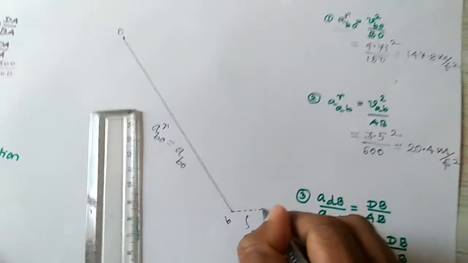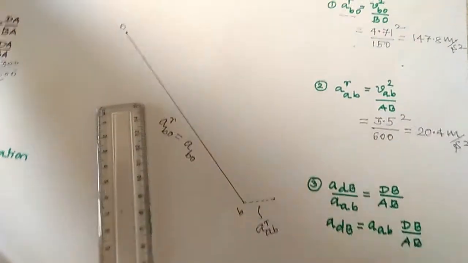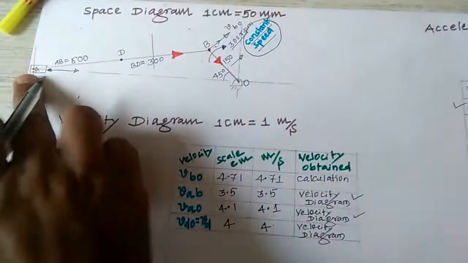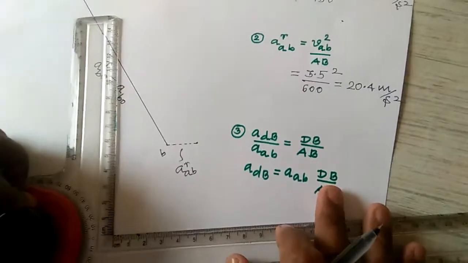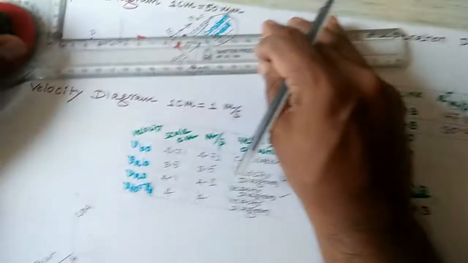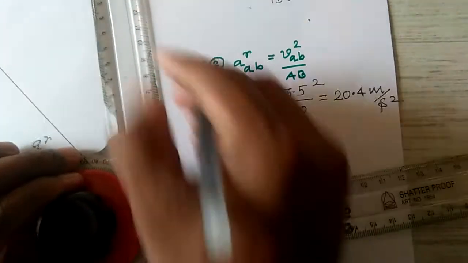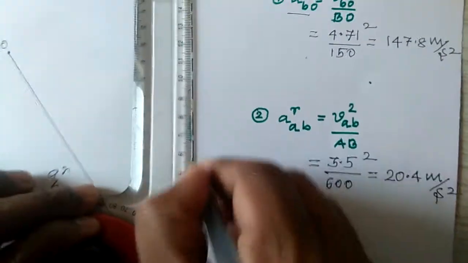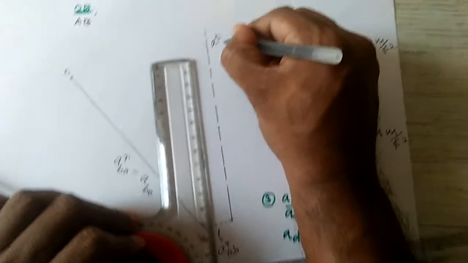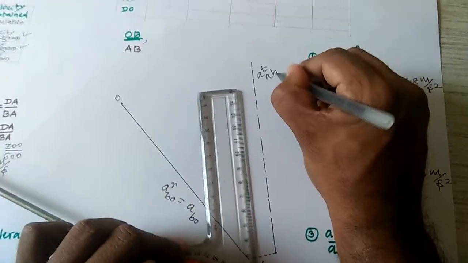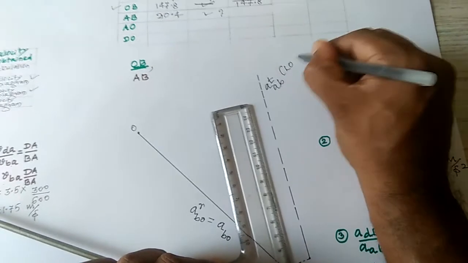This is a new point. What is the tangential acceleration of AB? You don't know the magnitude. For this you have to use one concept: the tangential is exactly perpendicular to the radial. You draw the perpendicular to that one. I draw this as the tangential. This is just a line of action. This is the tangential of the acceleration of A with respect to B, but actually it is a line of action only.